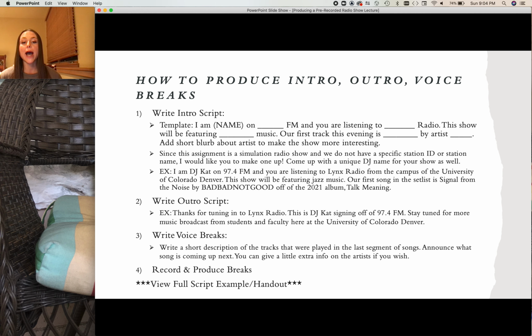I am DJ Kat on 97.4 FM, and you are listening to Lynx Radio from the campus of University of Colorado Denver. This show will be featuring jazz music. Our first song in the set list is Signal from the Noise by Bad Bad Not Good, off of the 2021 album Talk Meaning. So that's just a little example of an intro,